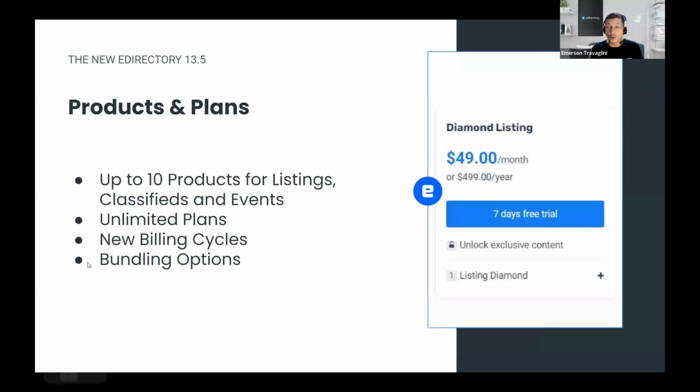Products and plans. Now, on the previous versions, as I mentioned, we had just one section called levels and plans, where you could create up to 4 levels of listings and 3 for classifieds and events. Now you can create up to 10 products. So levels, and this module is now called products, that you can create up to 10